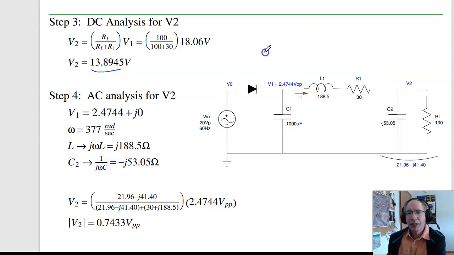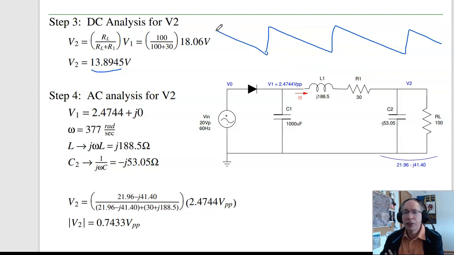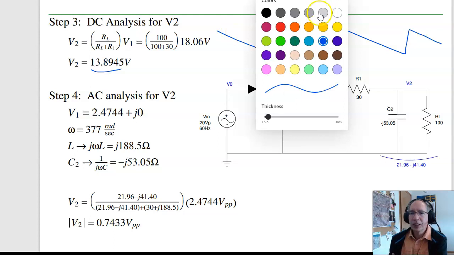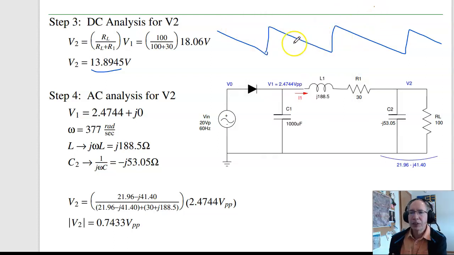If I look at the voltage at V1, it looks like this. That's not a sine wave. I know how to analyze circuits with sine wave inputs. I use phasors. I'm not really sure what to do with the triangle wave input. So what we're going to do is a typical engineering solution: change the problem, but change it in a way that you keep the flavor of the old problem. I'm going to keep the same DC signal, keep the same frequency, and pretend that V1 is a sine wave,